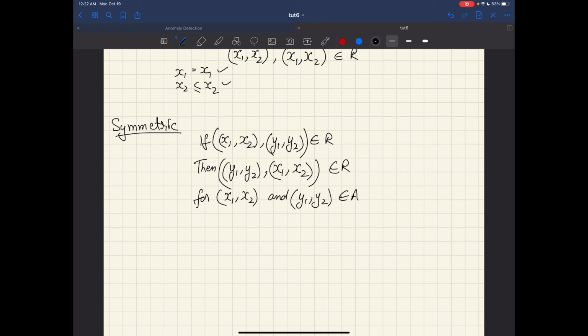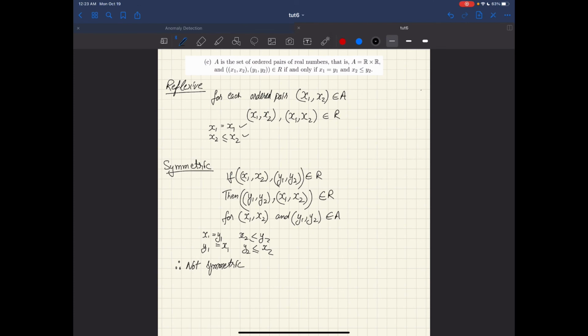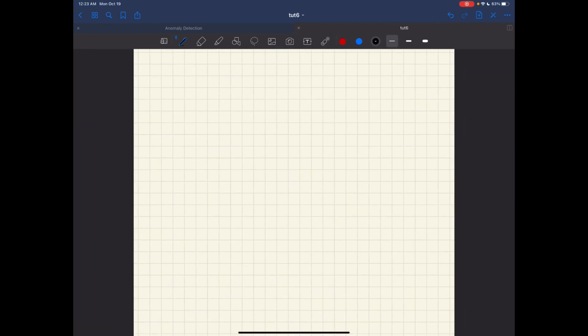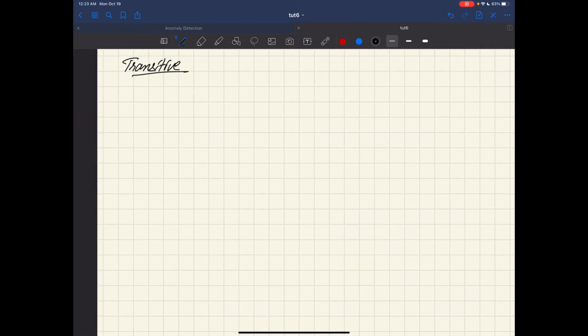Now, the first part which says x1 equals y1 and x2 less than or equal to y2, this holds true. But talking about the reverse, y1 equals x1, but y2 is not equal to x2. I'm sorry, I forgot to put the not here, but it's not symmetric. So talking about transitive,